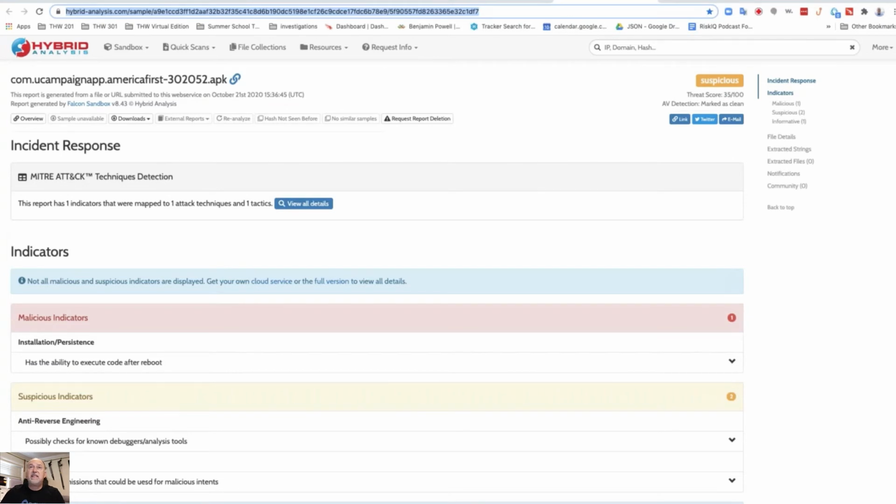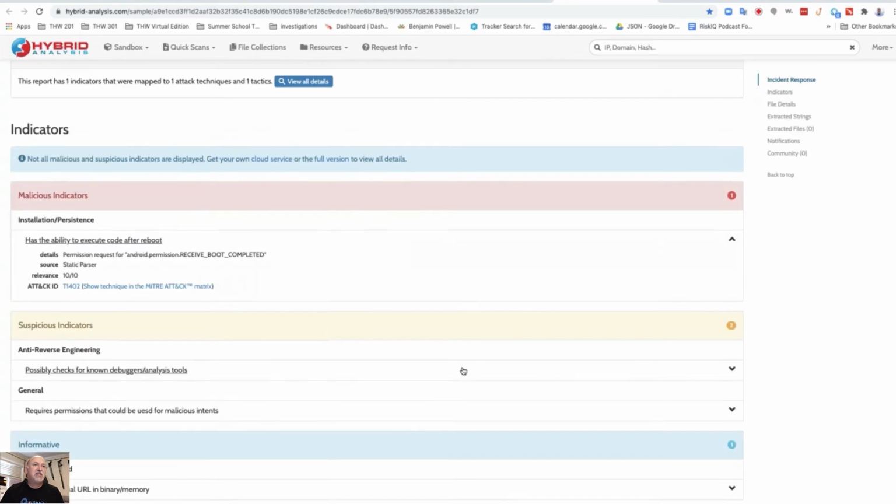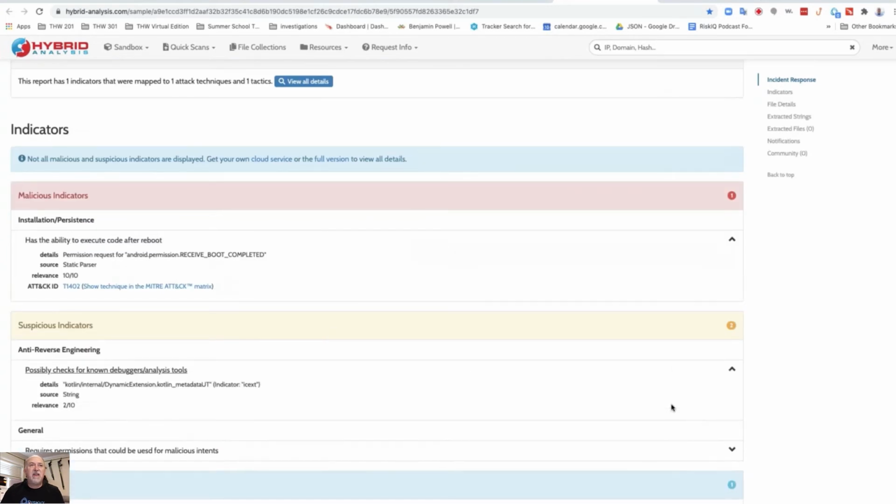Okay, so this is the results from looking at Hybrid Analysis, looking at the official Trump application. And they go, hey, there's one malicious thing. There was a receive boot complete. So this is like one that reboots. It can restart, or you can tell it to run something when it reboots. It's to make sure that the installation stays there, stays in the system. And then if we take a look at these,